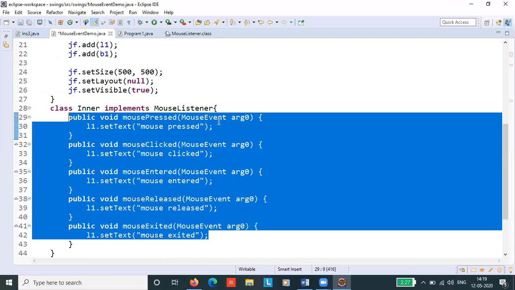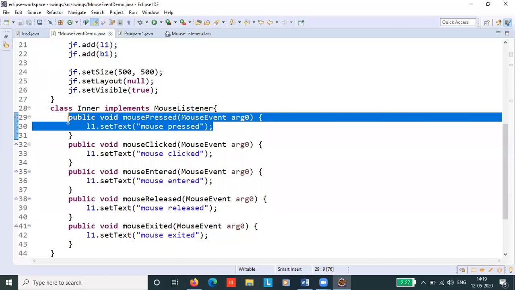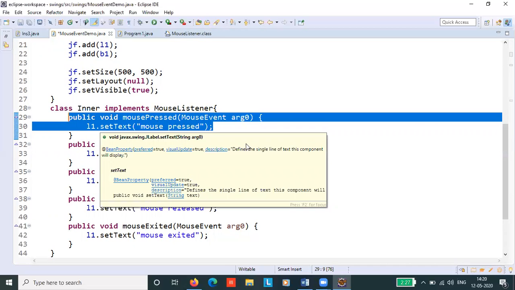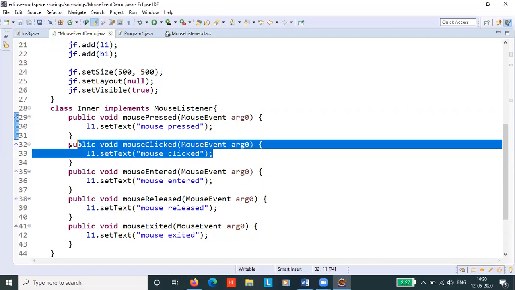What should we do? When the mouse is pressed, we want to generate an event, that is mouse event. Then we'll display the text mouse pressed on our label. Similarly, the next event is the mouse clicked.